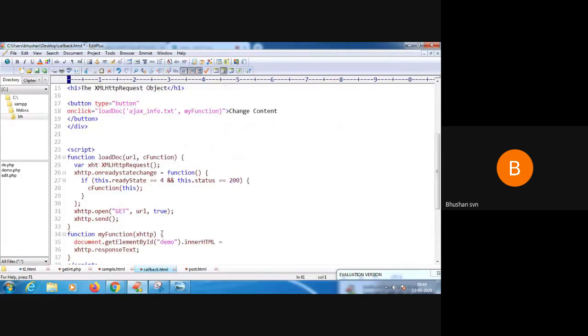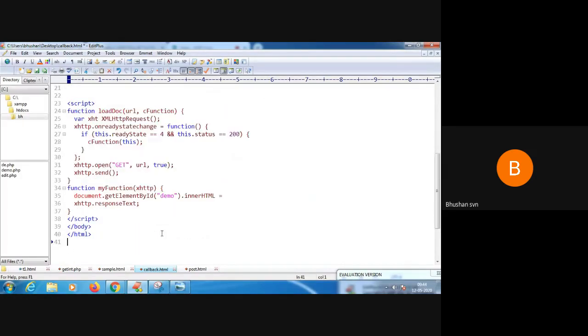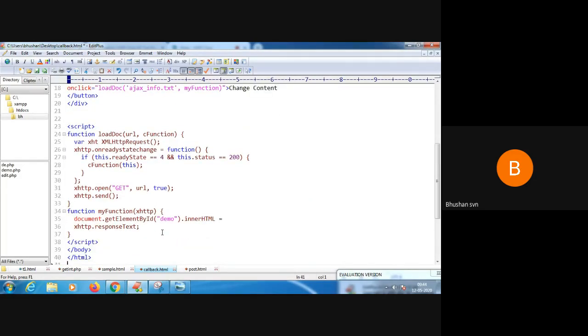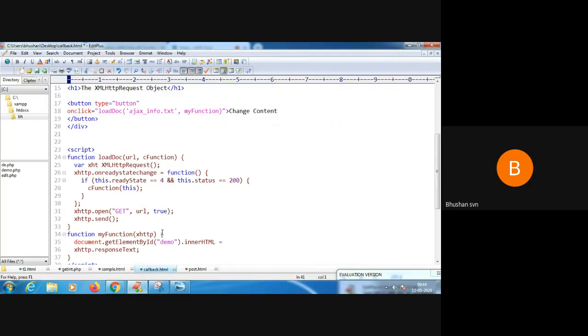So this is the description of the callback function. I think I have not showcased the output of this, but the output remains the same. You should know that when you are using a callback function, you should give a URL as well as a function name.